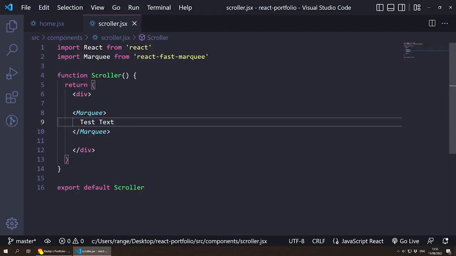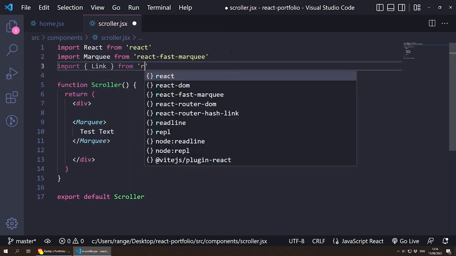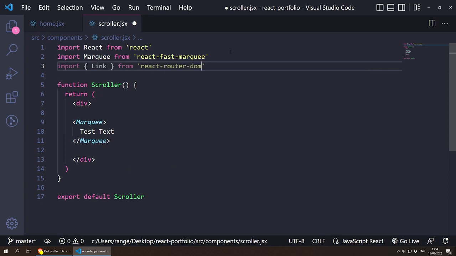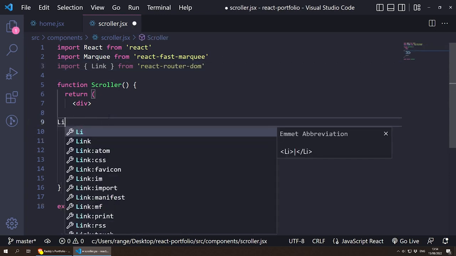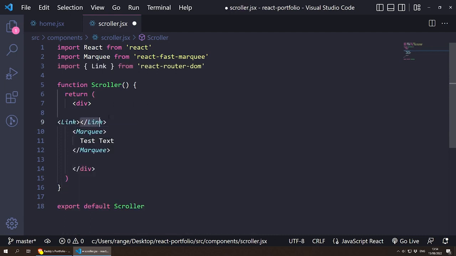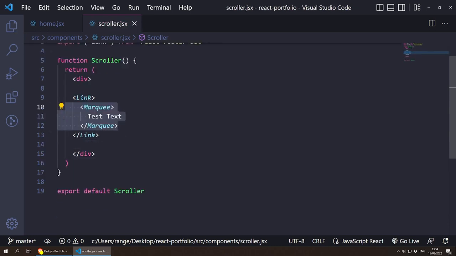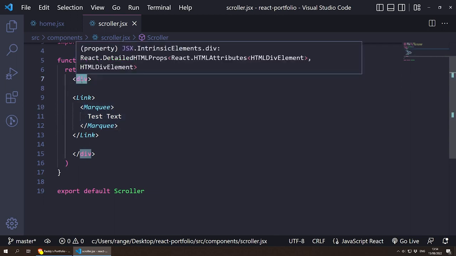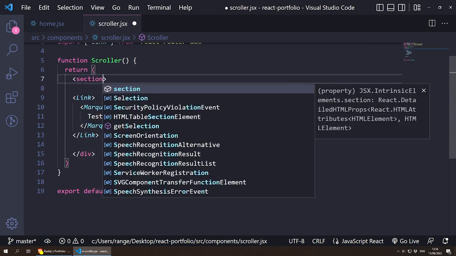So in order for us to have a link in here, we need to import it. Import Link from React Router DOM like so. So I can wrap this marquee into its own link. Wrap it super quickly. Okay. And also, instead of a div, I want to wrap this into a section just so it's a little bit more HTML5-like. Section,